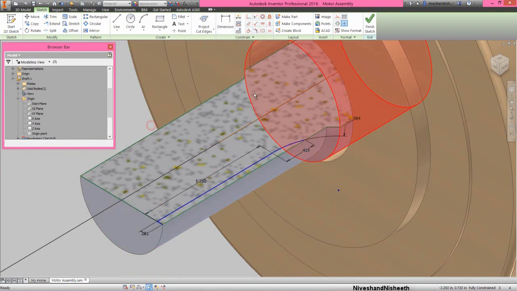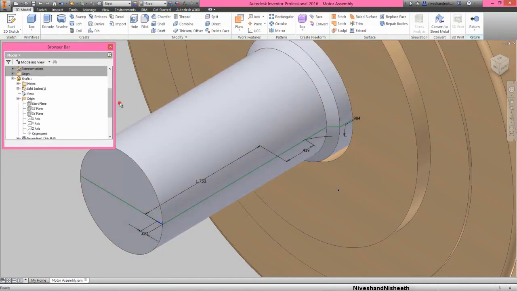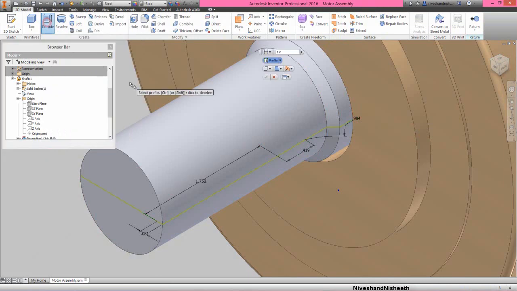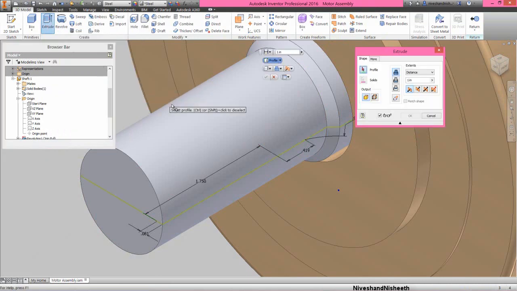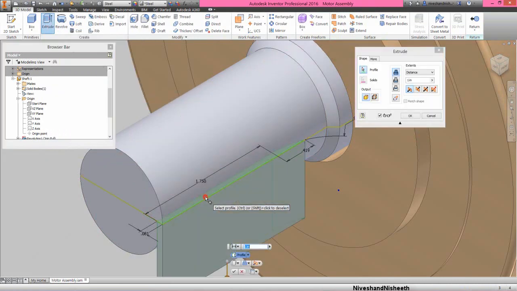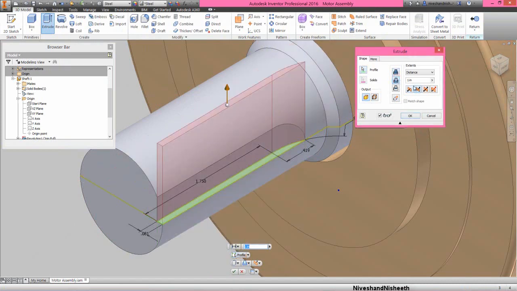Now the sketch is complete, so finish the sketch. Now we will activate the extrude command and select the sketch profile. Choose the cut option. Select the symmetric option. Set the distance value 0.25 inches. Click OK.